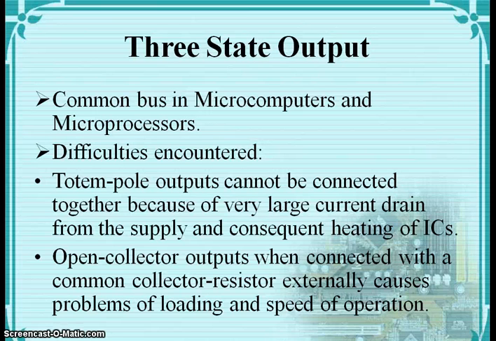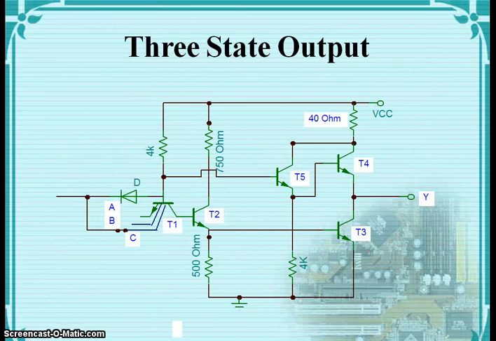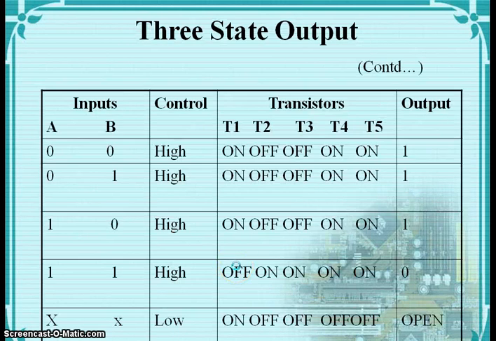The difficulties encountered in the other configurations are: the totem pole outputs cannot be connected together because of very large current drain from the supply and consequent heating of ICs. The open collector outputs, when connected with a common collector resistor externally, cause problems of loading and speed of operation. So this is a circuit diagram for a three-state output. So this is the output